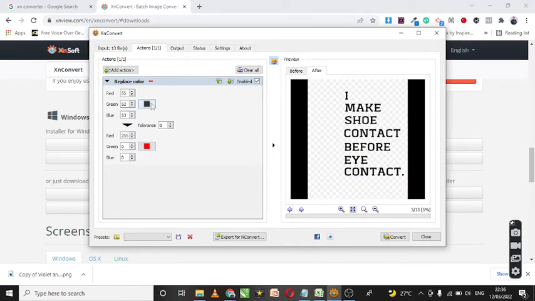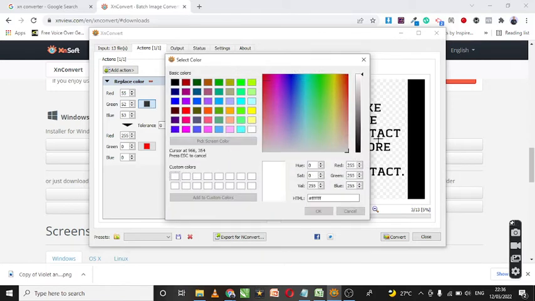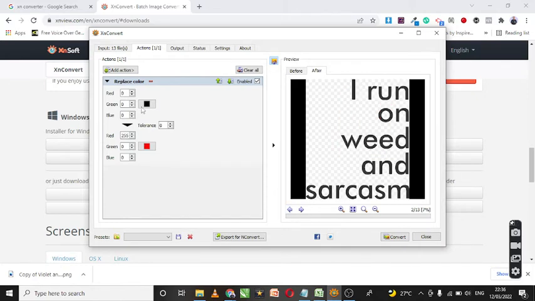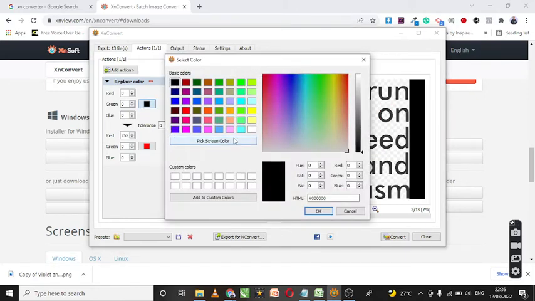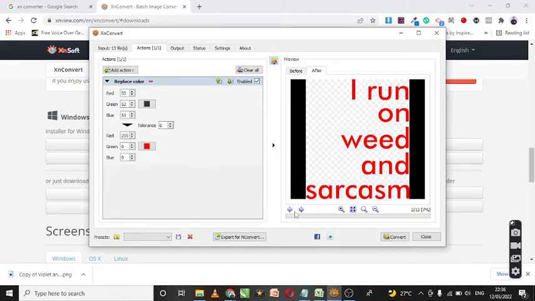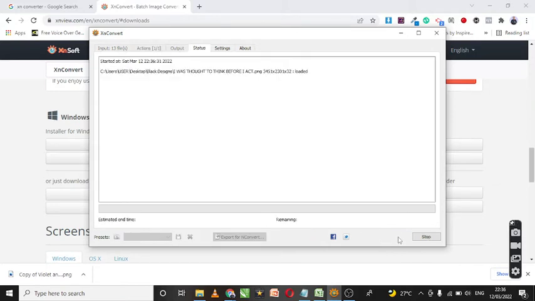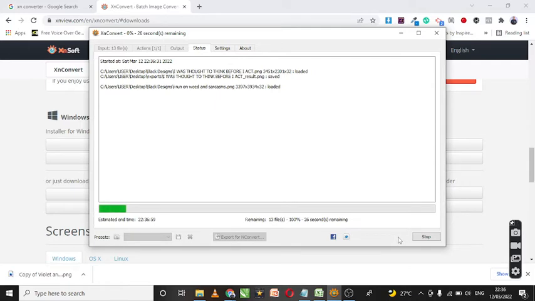So in this case, I'm gonna click on pick. I'm gonna change this color. Just gonna select, yeah, okay, yes, and that's pretty much how you go about doing that. Same thing goes for here. Select this black, okay, that's that. I'm just gonna say convert and let it also convert. It's gonna change all of those designs to red,